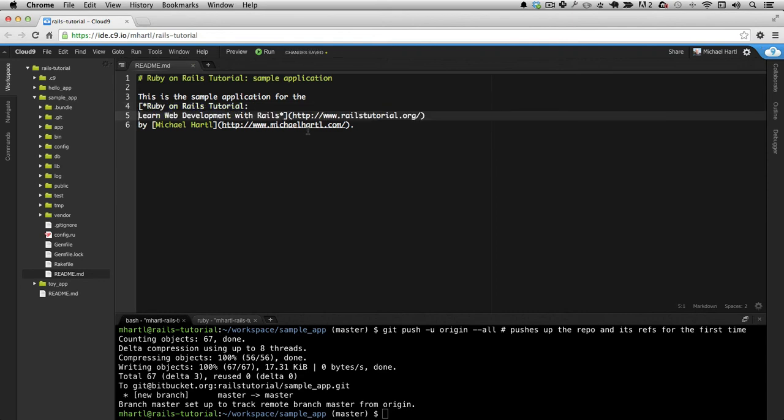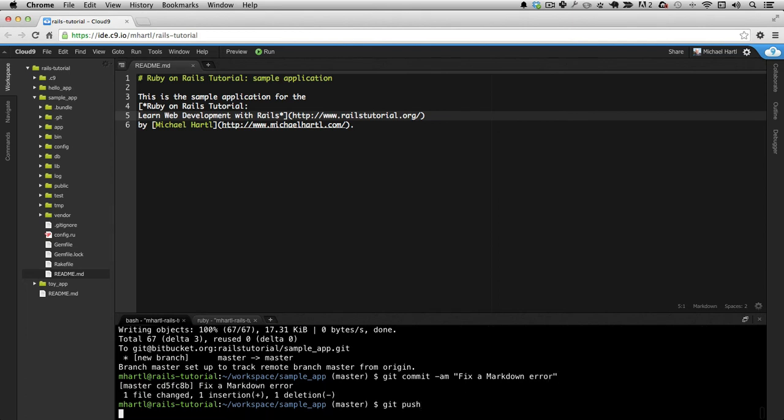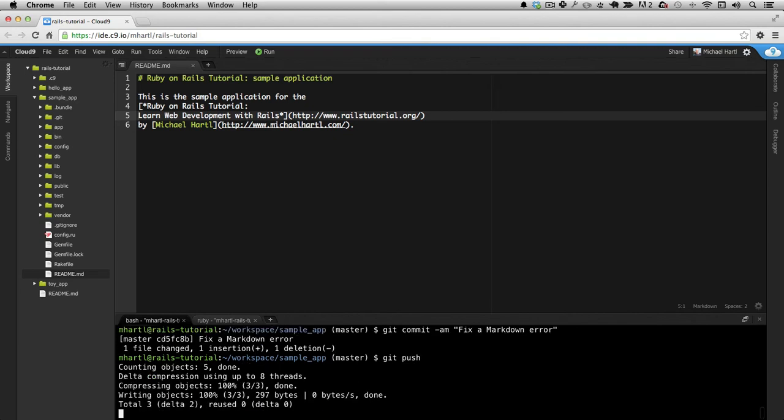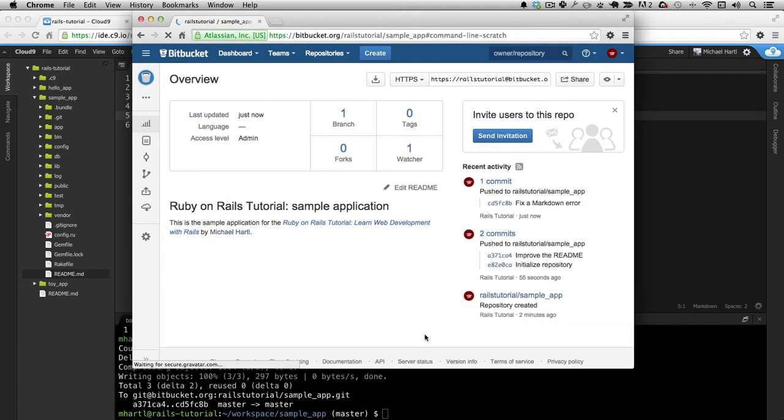Maybe that's why I didn't notice. Let's go back here, and there it goes. Good. All right, so now we've pushed our repository up to Bitbucket,